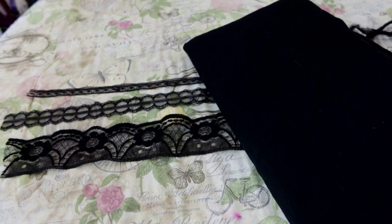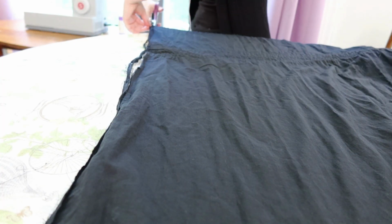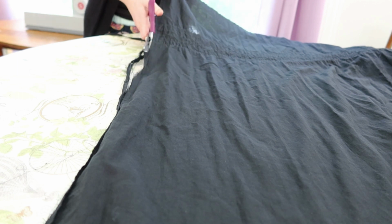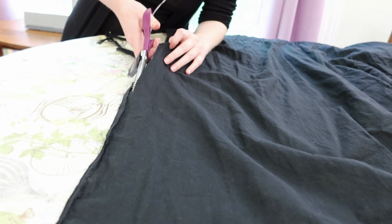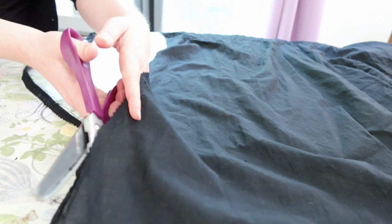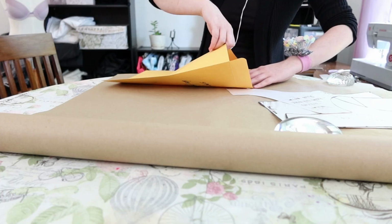After I'd liberated my lawn from the bits that I was not going to bother unpicking, not that much fabric really, I chopped off the rolled hem that I had done on either side because it was going to make my seams too bulky, and also because it was going to end up way too wide. And I did this with pinking shears, even though I cut it down further a little bit later, because I was just cutting everything pretty much with this project with pinking shears